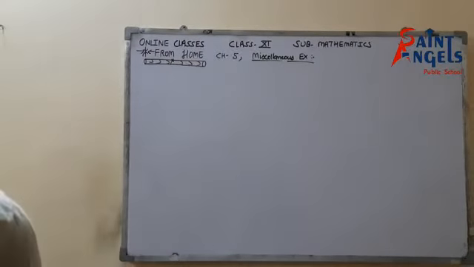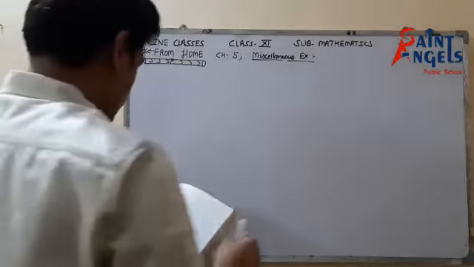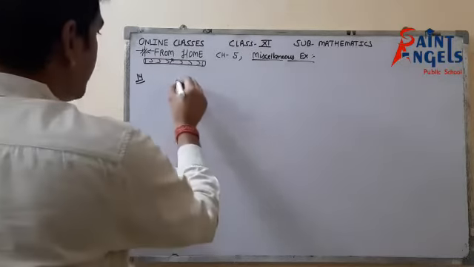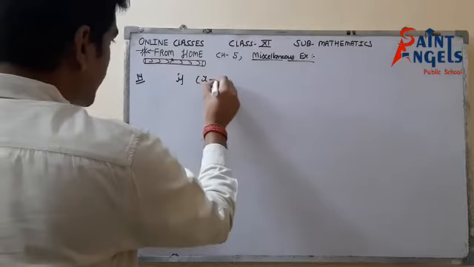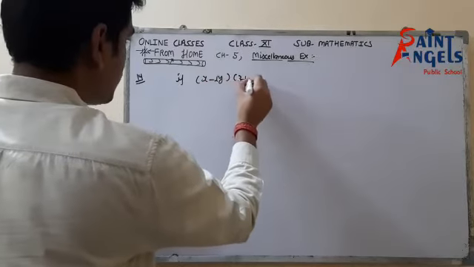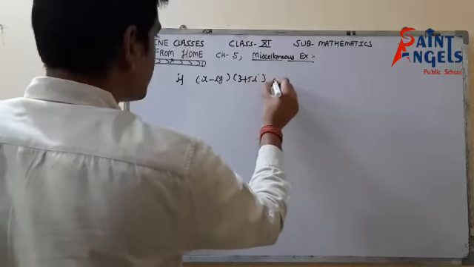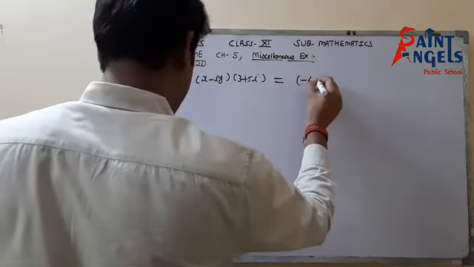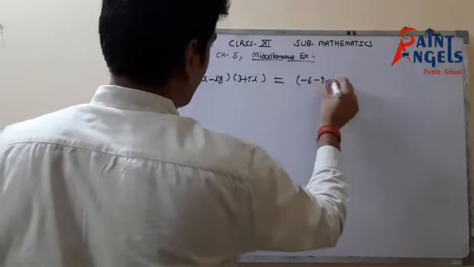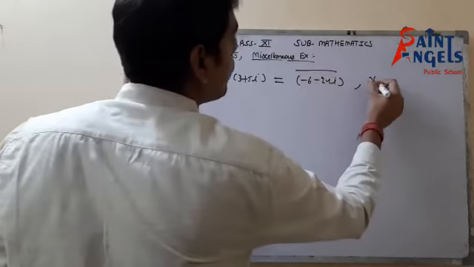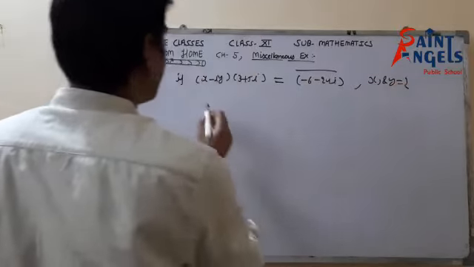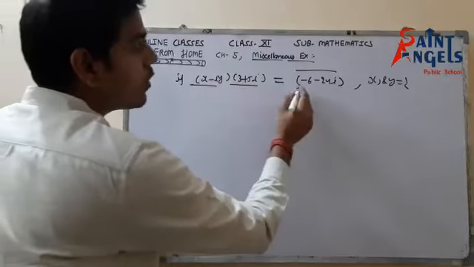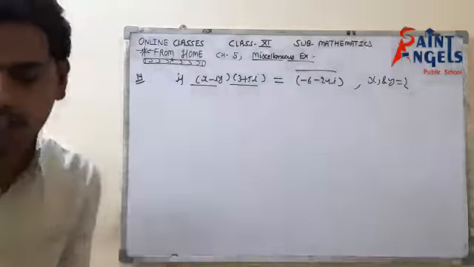Now look at question number 14. Question number 14 says find the real numbers x and y if (x minus iota y)(3 plus 5 iota) is the conjugate of minus 6 minus 24 iota. We have to find the values of x and y. Then we have to find the value of x and y.